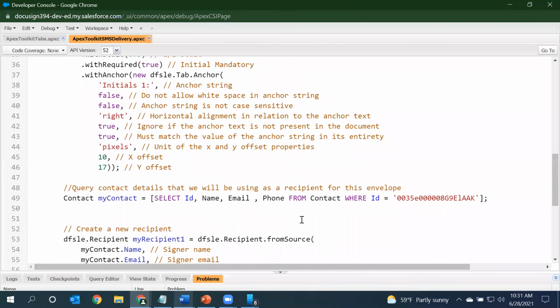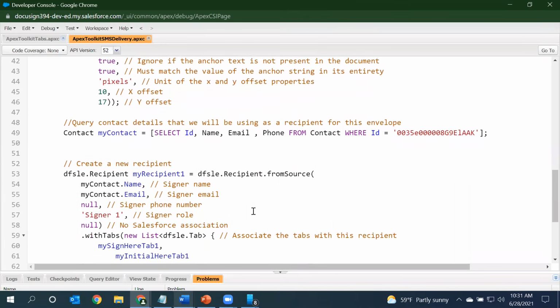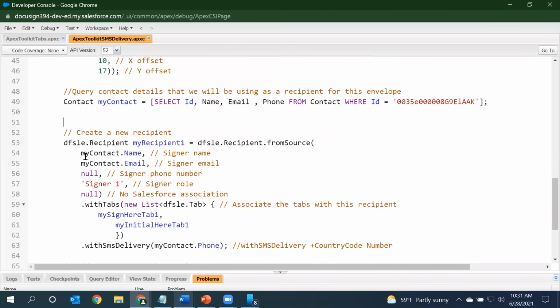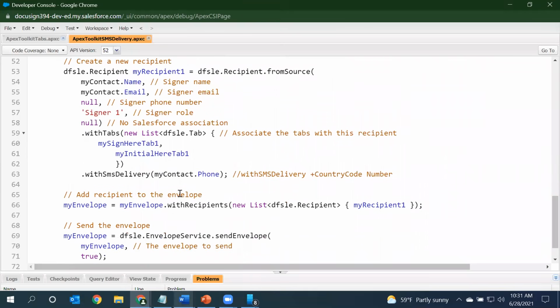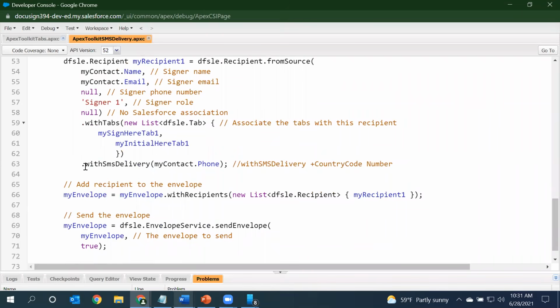As I mentioned earlier, in this example we are going to show how to dynamically populate your recipients with Salesforce data. So I have a contact in my Salesforce, and I'm querying the name, email, and phone for this contact. In the recipient implementation in Apex Toolkit, I am associating the name, the email, and the two tabs that we created here. Line number 63 is the method that we are focusing on.